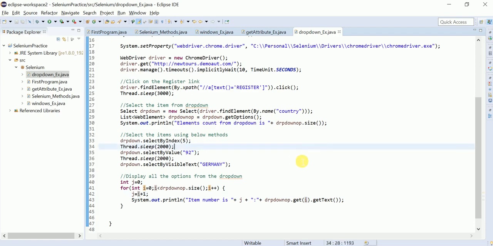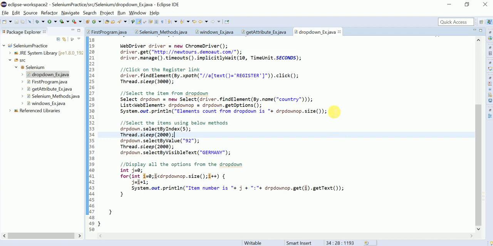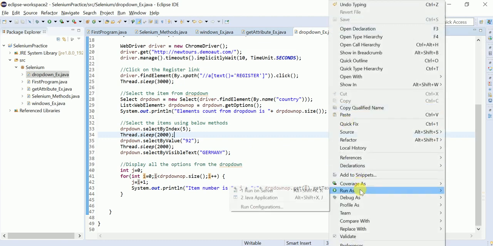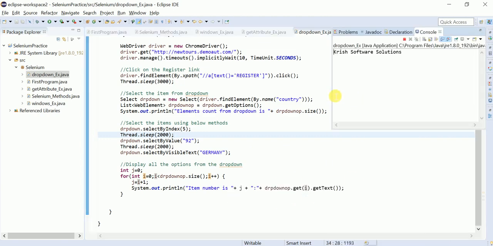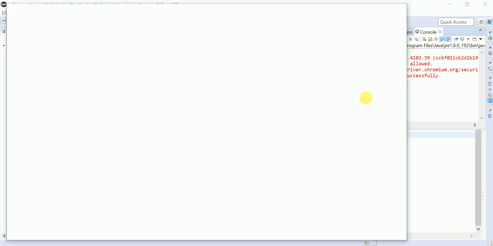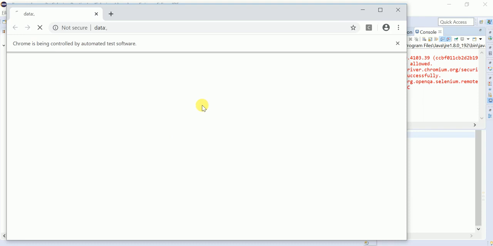So we are almost done and all the methods we have covered. Let me execute this. Crisp Software Solutions is printed and Chrome driver is launched successfully, and it is loading. In real time we may work with QA environment or dev environment, or sometimes we need to execute our scripts on UAT also.